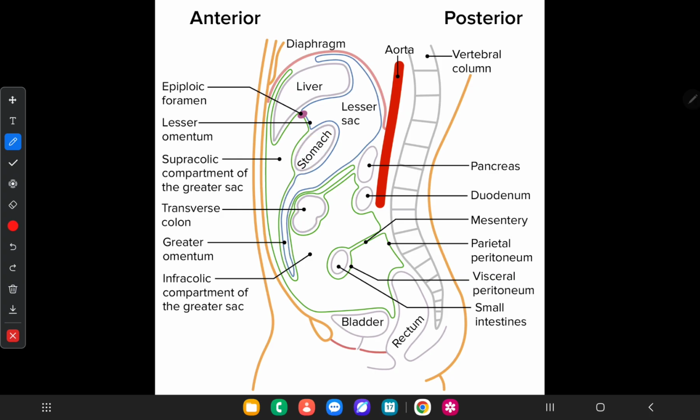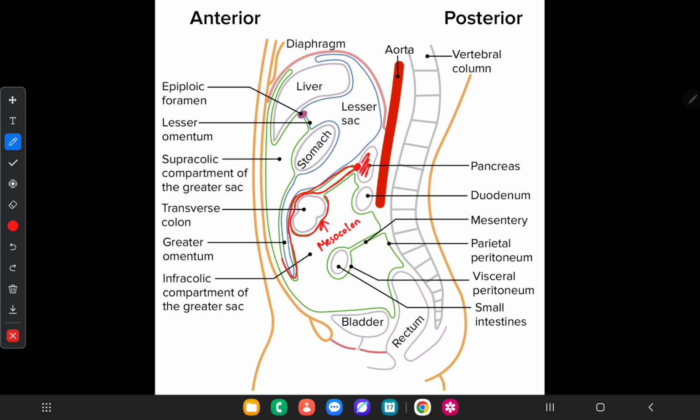and here this green color one goes like this, and then towards the posterior abdominal wall. Here is the pancreas, and here is the anterior margin of the pancreas, and then again comes back and then lines the transverse colon. This peritoneal lining we call as mesocolon. This is the mesocolon,